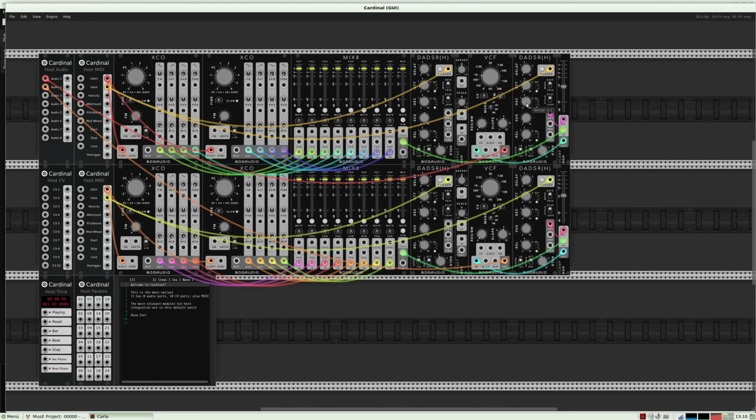This is the attack value. I've set it to 0. Now you don't have an attack. I can make this shorter, a little attack to it.